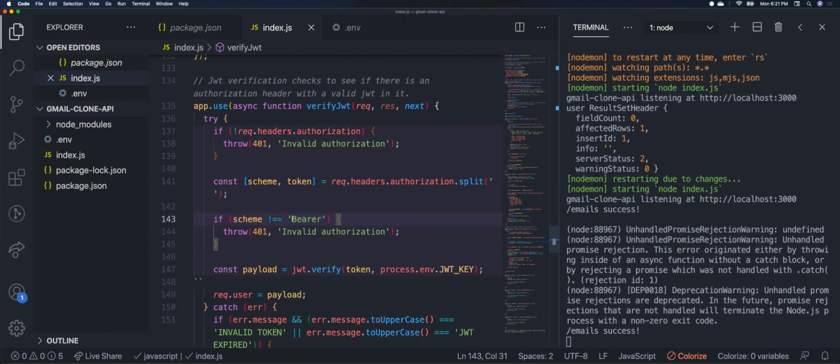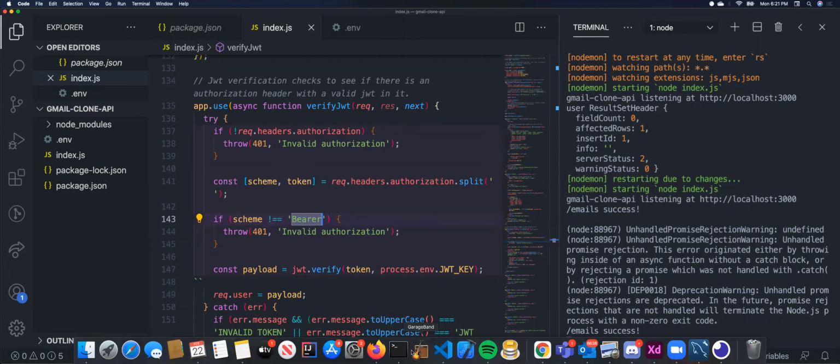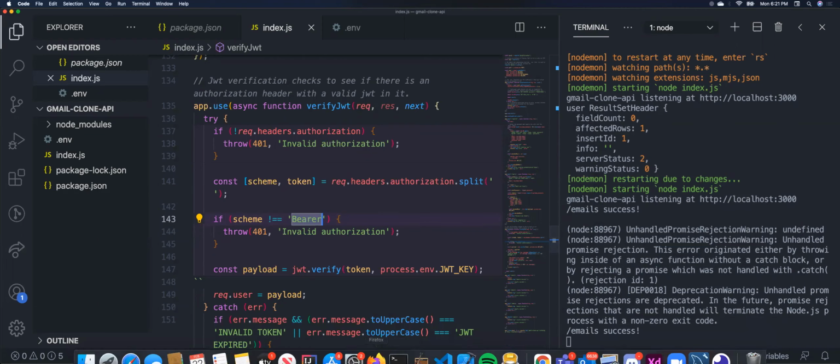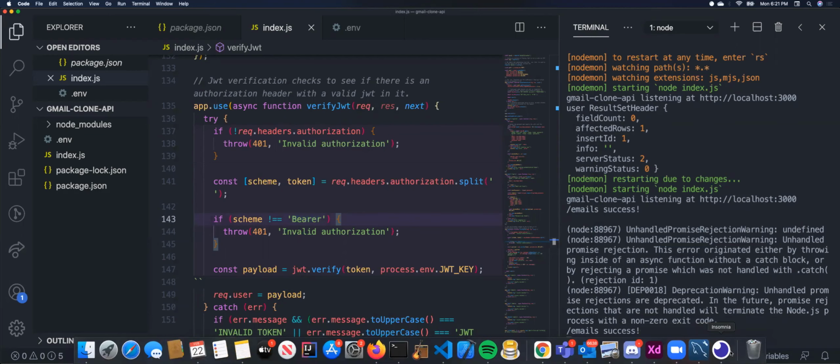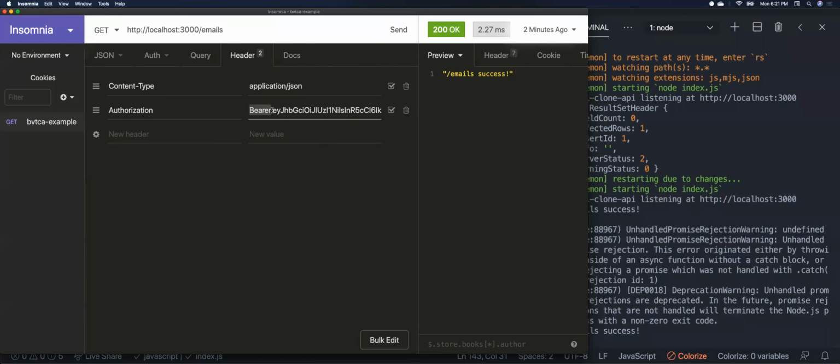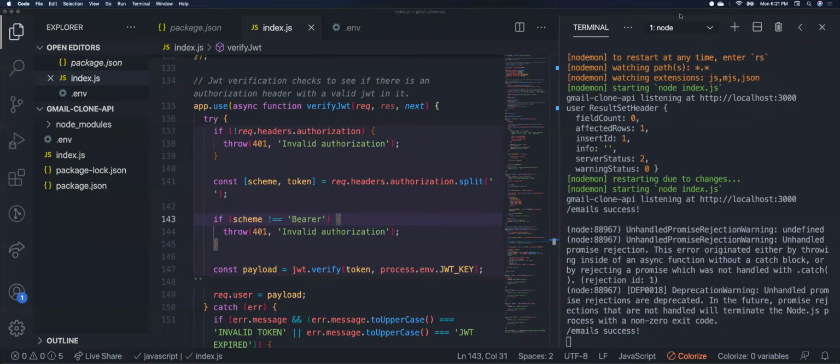So in our case, bearer is a type of authentication, I think. I don't remember exactly why we have bearer, but it's just a certain format that we follow. And we just have bearer at the beginning. So if the header has bearer at the beginning and then space and then the token, we check for that